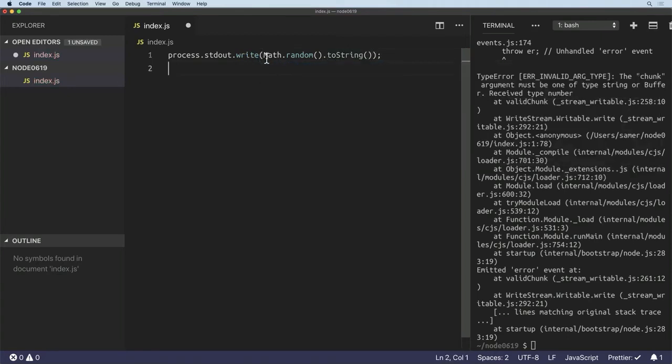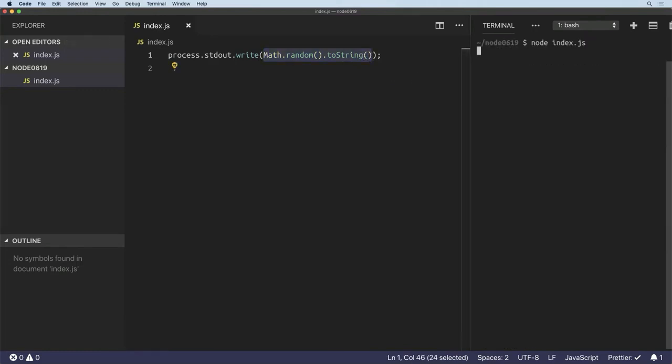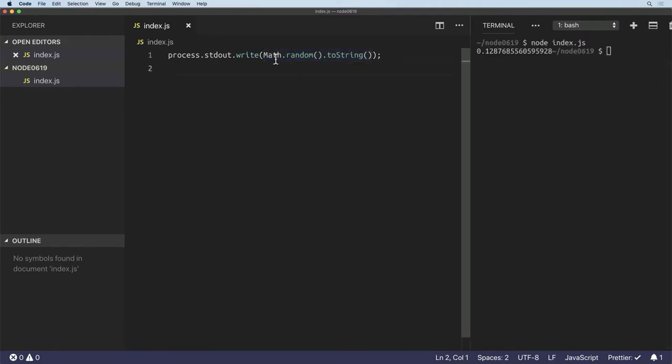What I did here is take a JavaScript expression and just make it into a string. Let's make sure this is working. Yep, this works. So this is a JavaScript expression, and I fed it to a Node API. process.stdout.write is a Node API. Now, of course, this is very raw and lower level,